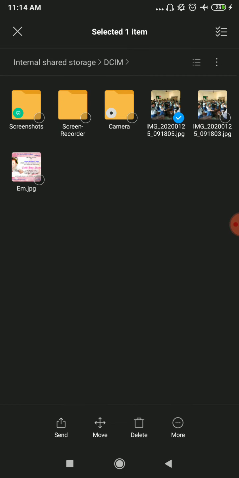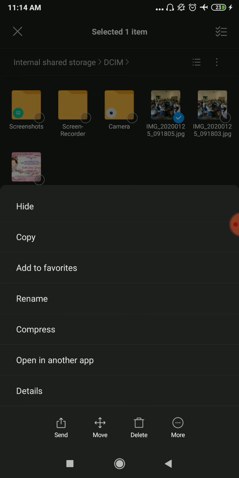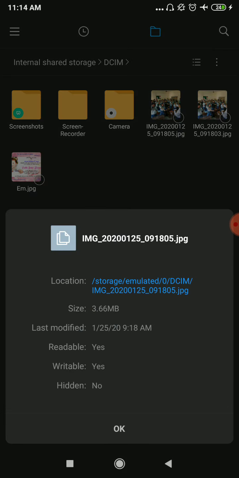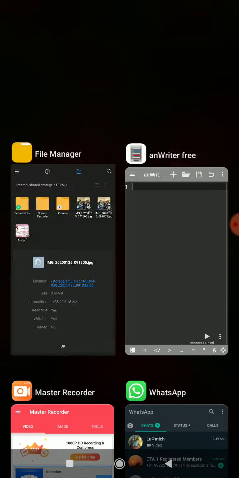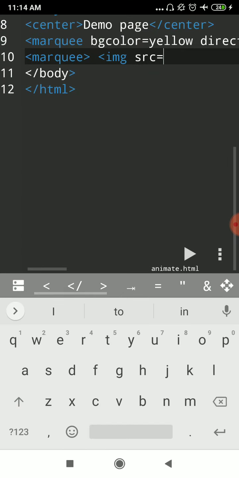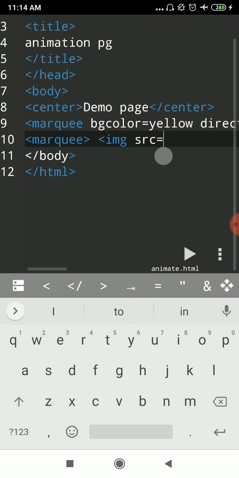I will just select one random image from here, go to the location and find the details to copy the address of that image. So here I have the address of this image. I'm going to copy this, go back to the editor app and paste this in the code.